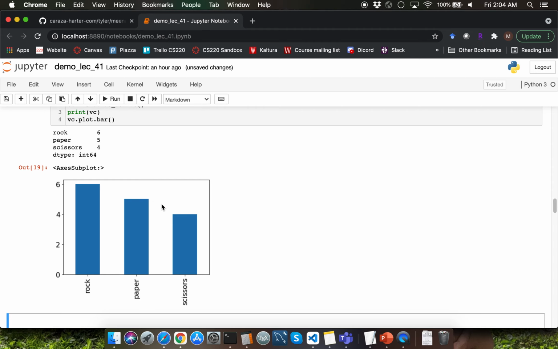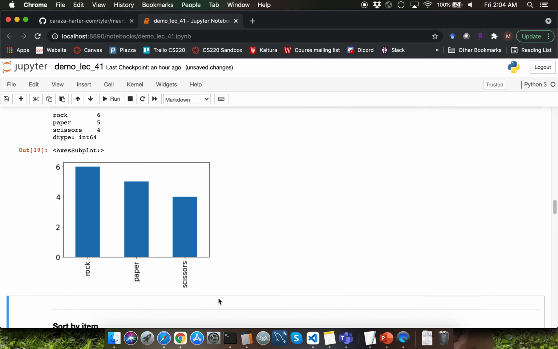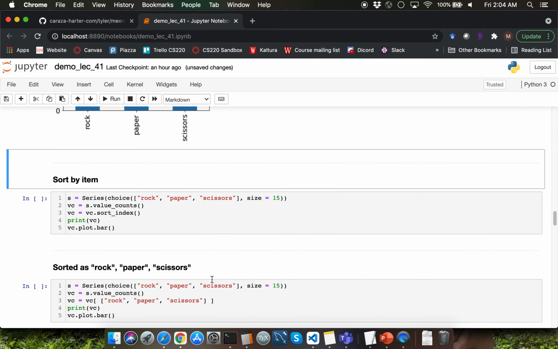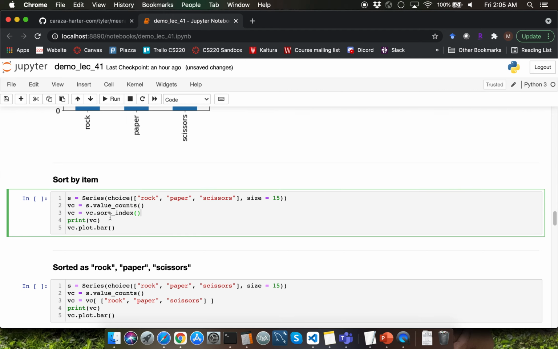Although the bars are ordered always based on descending order, wouldn't it be nice if we can fix the order of the bars based on these labels, which are rock, paper, and scissors? Let's go through a couple of options for that. Option number one would be to use the sort_index function on the series vc.